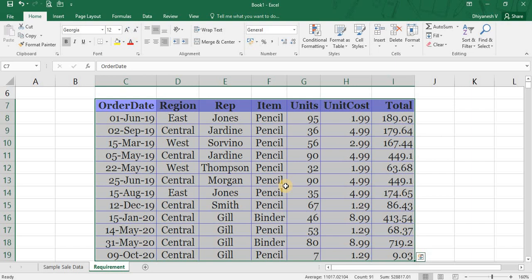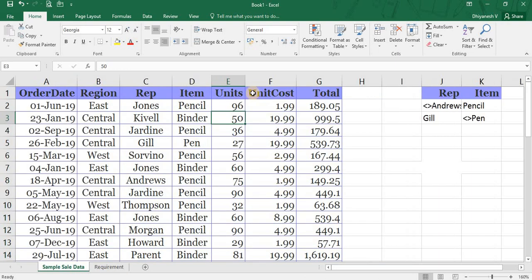So if I change a value in the original data, the values will not be changed in the filtered data when the filtered data is in another location. If it is filtered in the same location, there is no problem. If it is filtered and copied to another location, the same data will not come. If you change it, it won't get updated. You have to again use the advanced filter option.